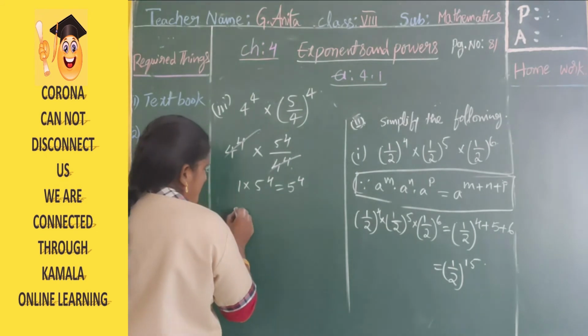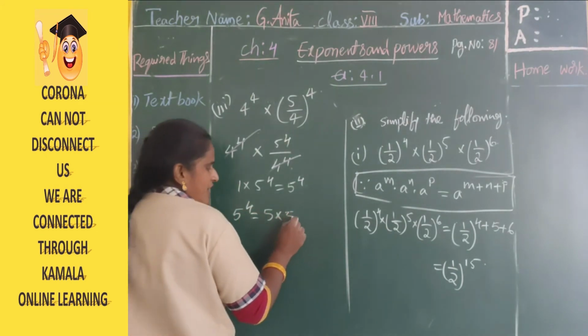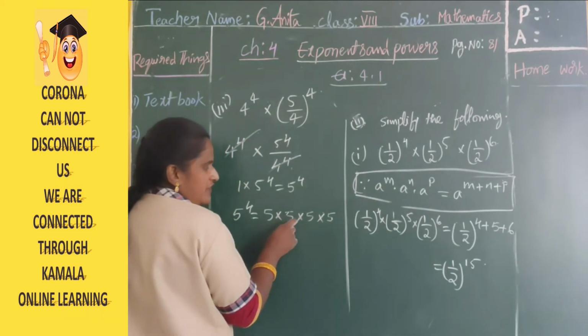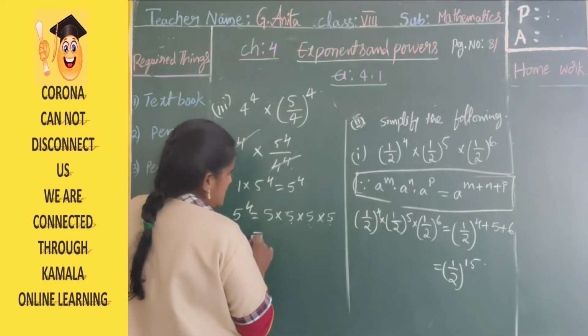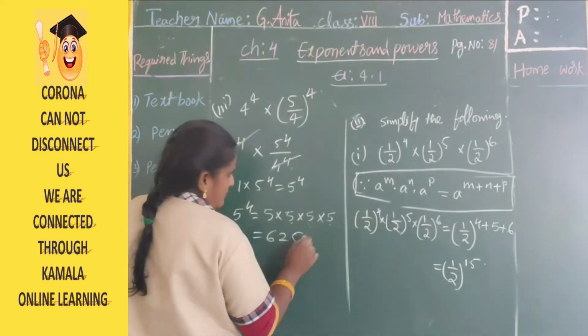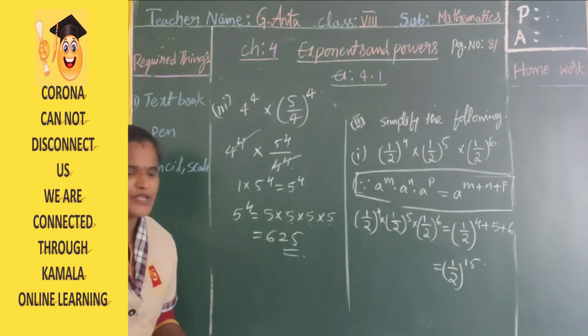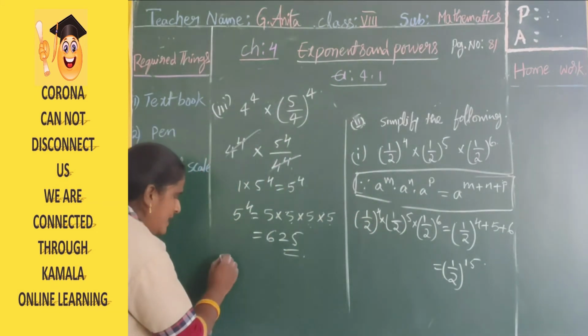So 5^4 can be written as 5 into 5 into 5 into 5. 5 5s are 25, 25 5s are 125, 125 5s are 625. Your answer is 625. Okay, students, understood? Next, in this fifth one,